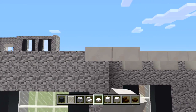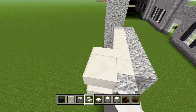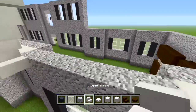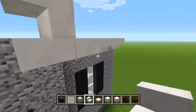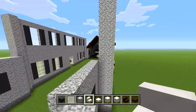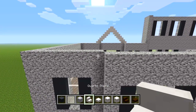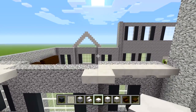Okay, like that. Wrap this around. Put a nice little triangular shape in the middle right here. Like that. And now let's go to the other side and start doing the same thing. So we got our stairs right here, the slabs, then the triangular shape,